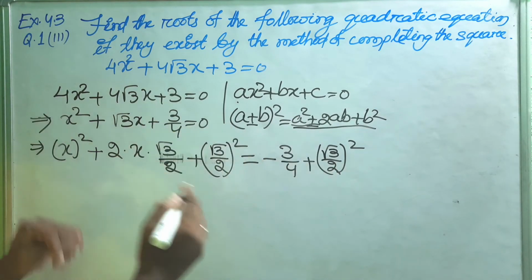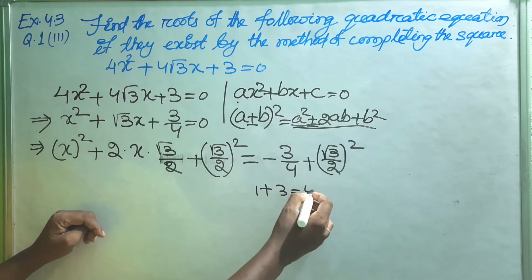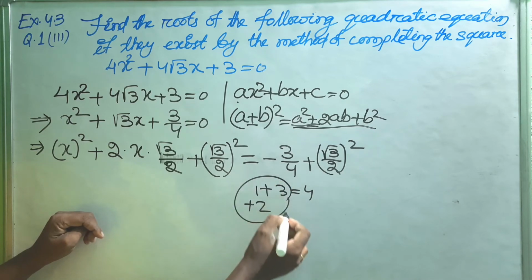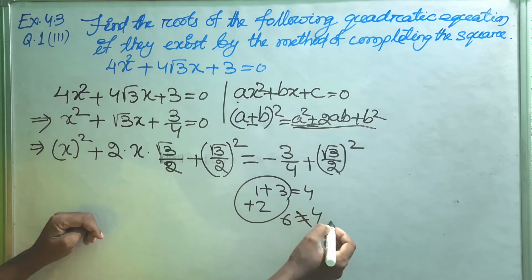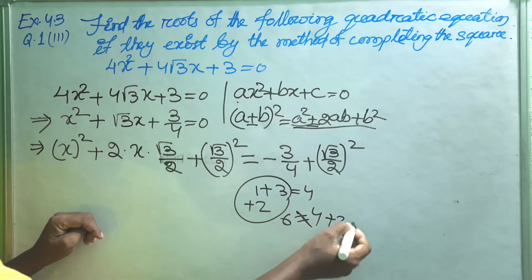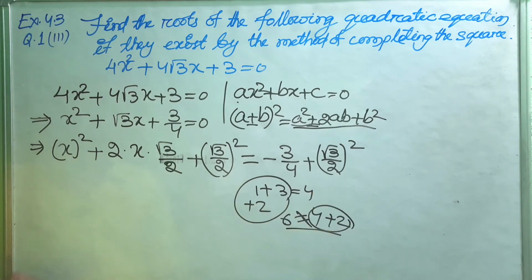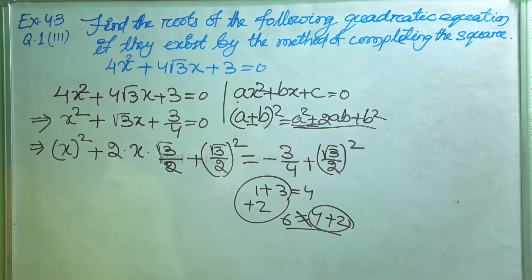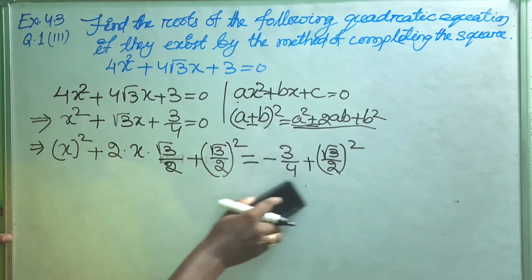Why? Now look here. I am just taking a small example. You know 1 plus 3 is 4. Now if you add 2 on the left side, then what will be its value? It will be 6. So is it equal to 4? No, it is not equal to 4. So that is why you have to add plus 2 also on the right hand side, so that it will be equal. So that is why we have added the same number on both sides. Then what will we do?